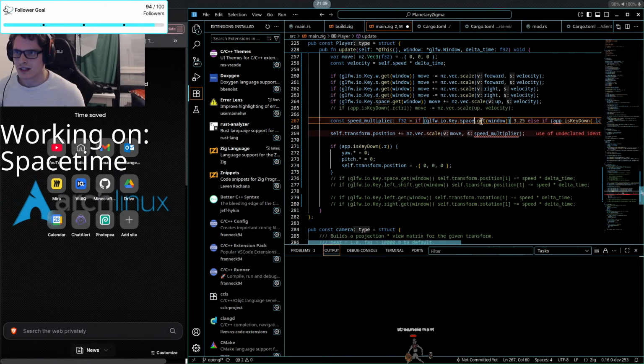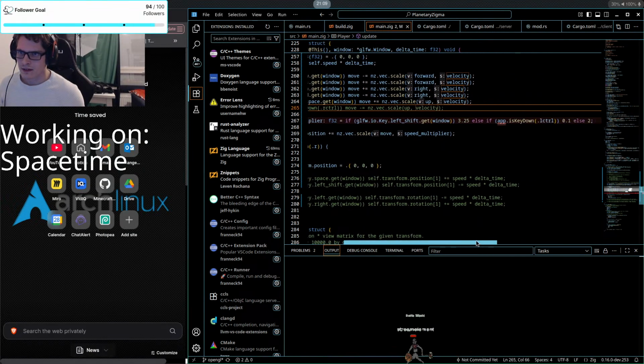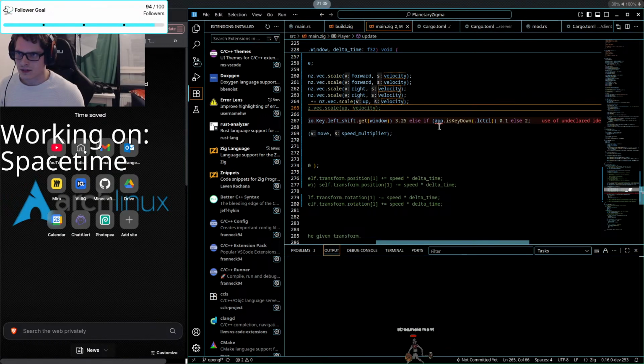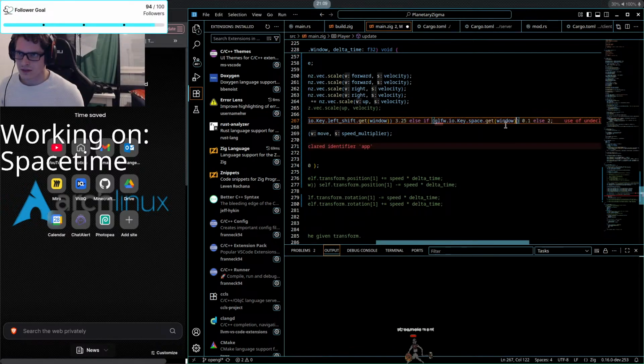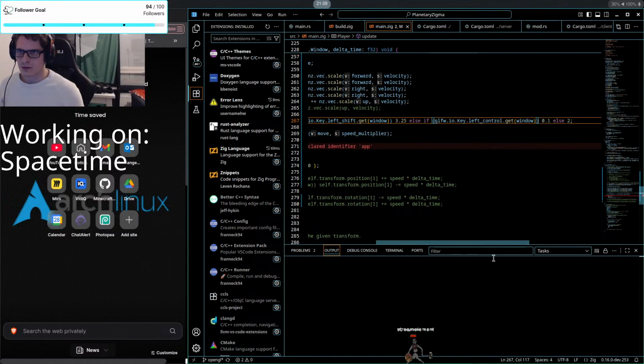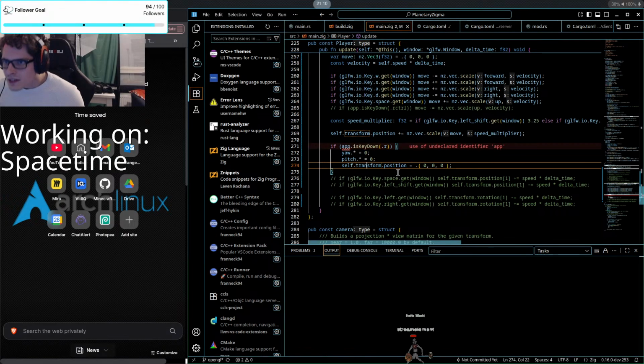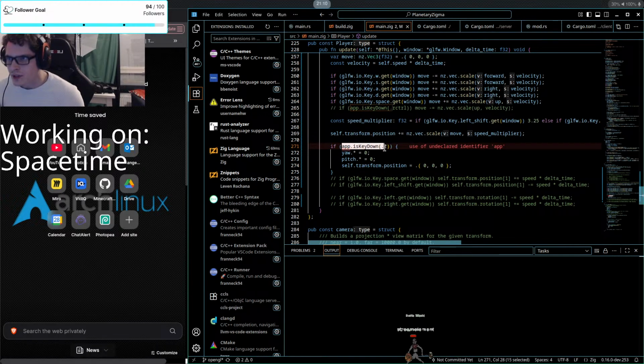And how do I get left shift? What does it say? It's just left_shift. And then this one, what is this? Is key down left control? It's left control, yeah. Now it shows. Cool. Okay, and then app key down R. What did you used to do with this thing? It just resets everything. Sure.